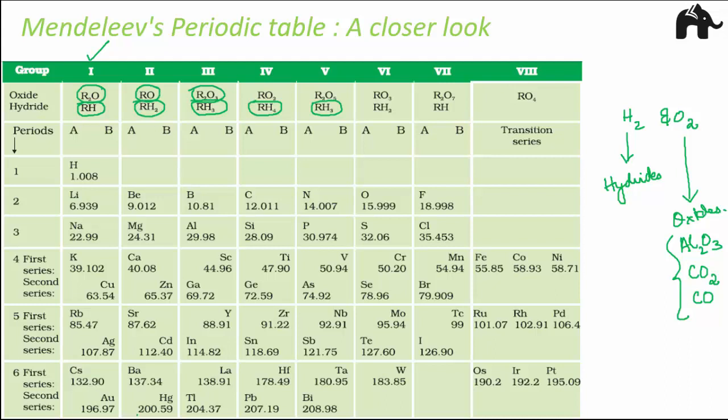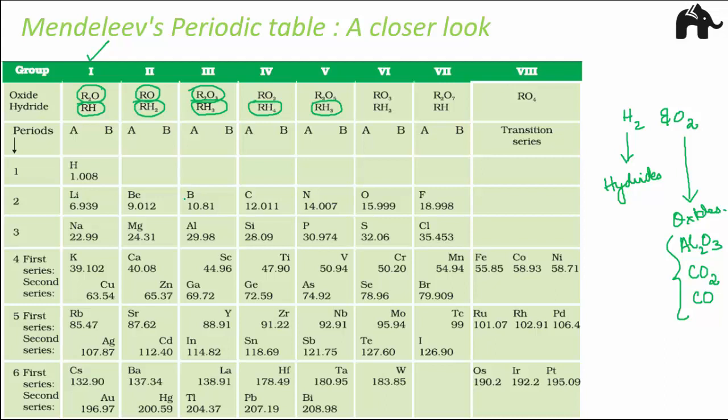So basically, after placing the elements in this fashion, he observed that most of the elements got a place in the periodic table and they were arranged in the order of increasing masses. Even though he did not purposely arrange them in the order of increasing masses, when he arranged them on the basis of their similar hydrides and oxides, by default he found that the elements got arranged in the order of increasing atomic masses. Now what does that mean? That means there exists a relationship between atomic mass and properties of elements, and periodic recurrence of properties was observed after looking at this periodic table.